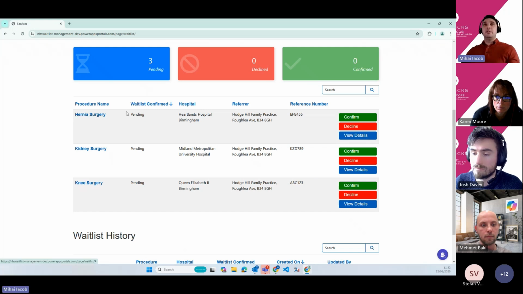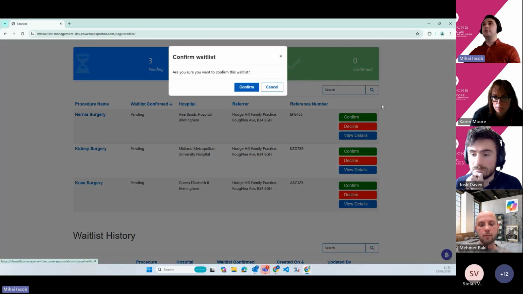So I have a hernia surgery here, and it's currently pending. Let's say that I would like to confirm this. I would like to stay on the waiting list. If I just hit that button, we have a little pop-up here which asks us whether we're sure we want to do this. And this is mostly designed so that patients don't do any actions that they didn't necessarily intend to do. But if I'm sure I want to confirm the wait list, I will just click this button,